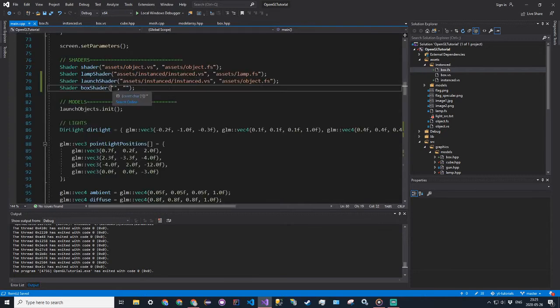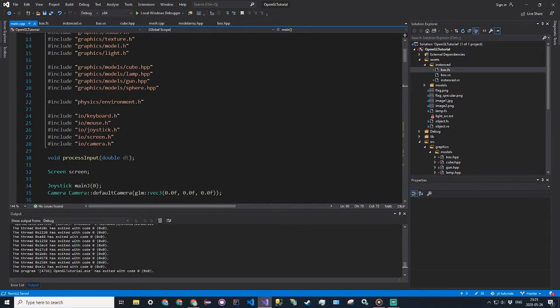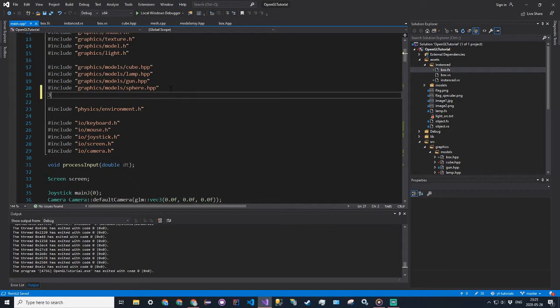All right, so now that we have our vertex and fragment shader files, we can actually load them into the shader. So we're going to say, for the vertex shader, assets/instanced/box.vs, and then for the fragment shader, it's just going to be assets/instanced/box.fs. And then we're actually going to get our box model. So we're going to include